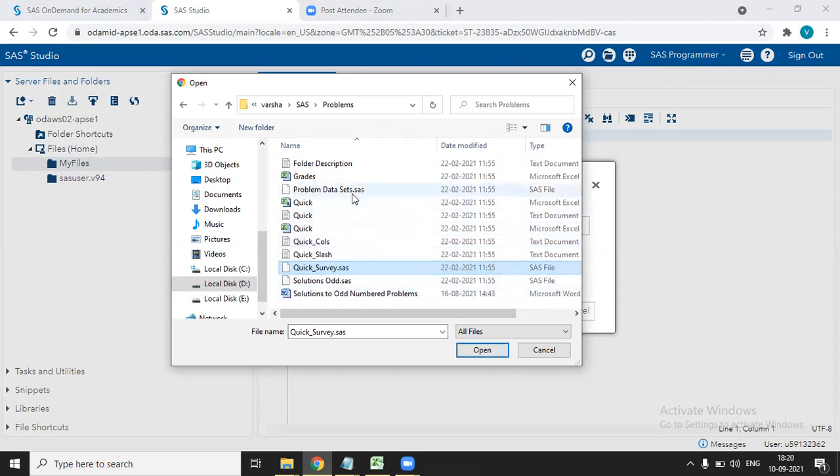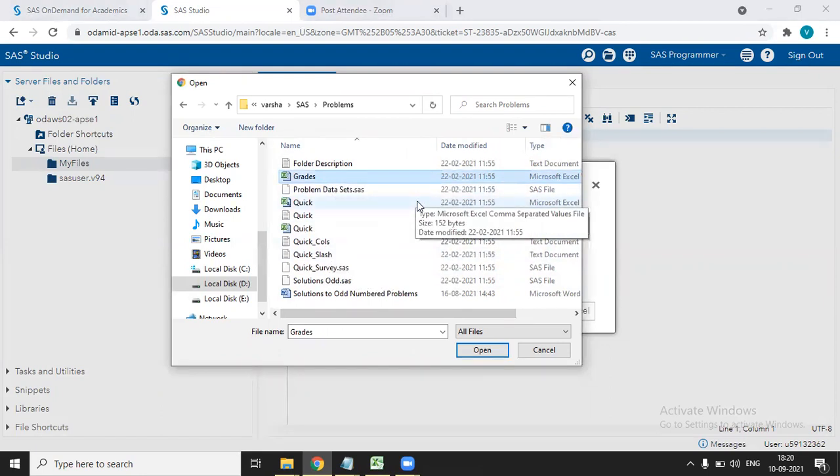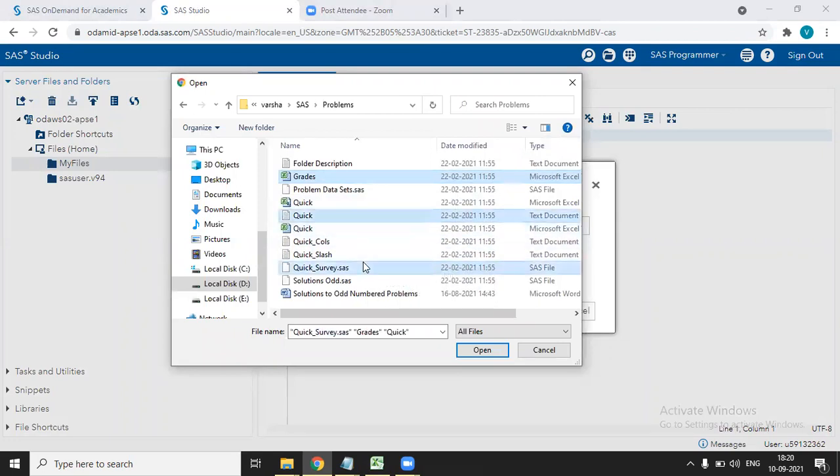But in case you want to select a set of datasets, suppose I want to select grades, this one, or ones in between, you just have to click on the first dataset, hold the control key and select whichever datasets you want, and then click on open.